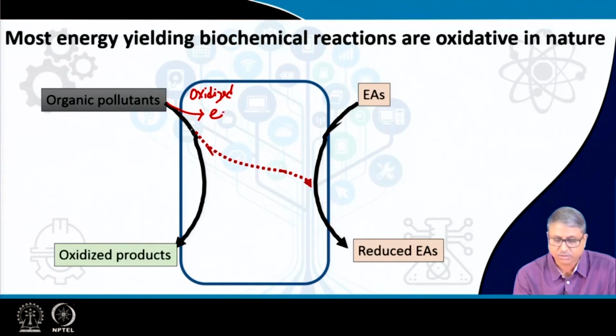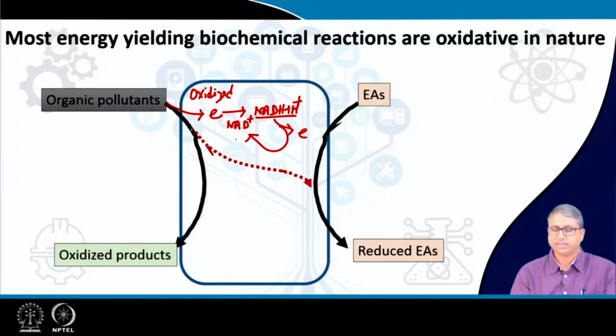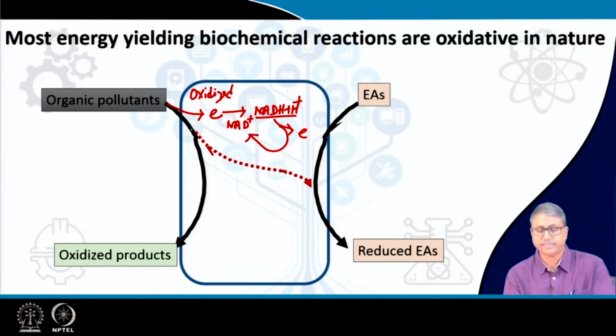These electrons should be taken up by somebody. Who is going to take them? It is the NAD+, which will take the electrons and turn into NADH + H+. Now, this NADH + H+ should donate the electrons to someone and turn back into NAD+. This reoxidation of NADH + H+ must occur,